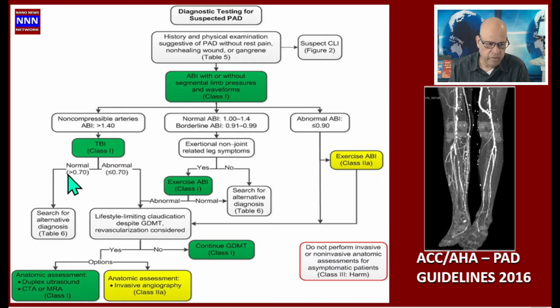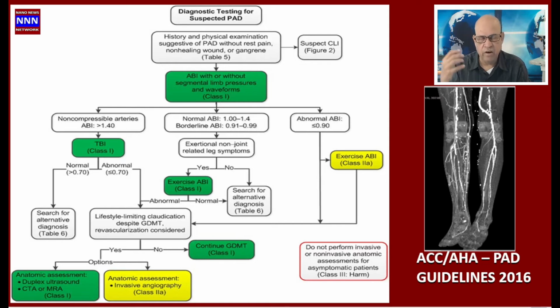If it is greater than 0.70, then look for other causes of pain or any other symptoms that person may have. If the TBI is less than 0.07, then we look for life-limiting claudication. If they have life-limiting claudication, we continue the medical treatment. We also consider revascularization. If they are not a candidate for revascularization, we continue with the guideline-directed medical therapy. If they are candidates for revascularization, of course, we go through the route of CT